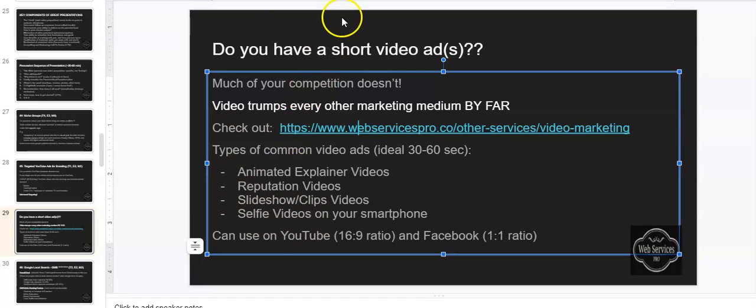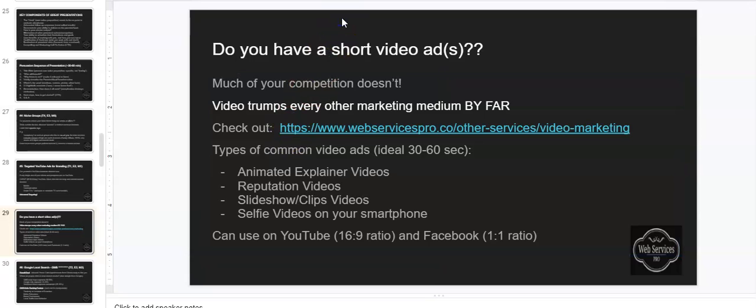If you don't have skills in terms of making video, you can just do a quick selfie video on your smartphone. Just pick up your smartphone and shoot yourself a quick video of just you talking into it. That's also very effective. The only thing is that